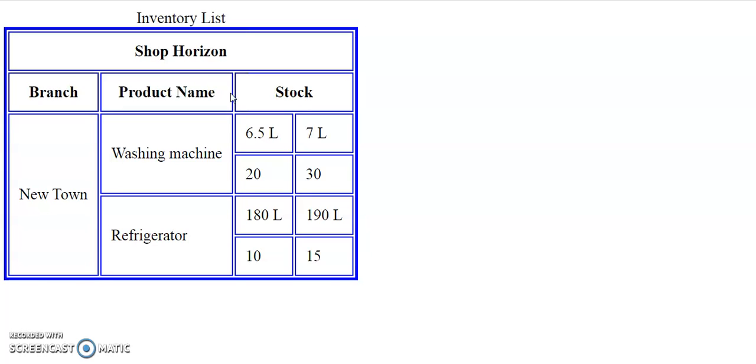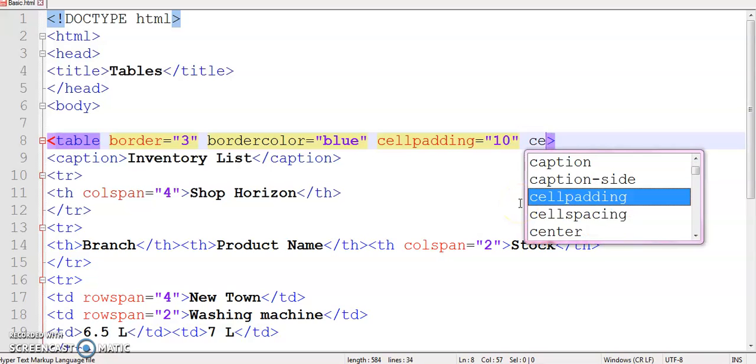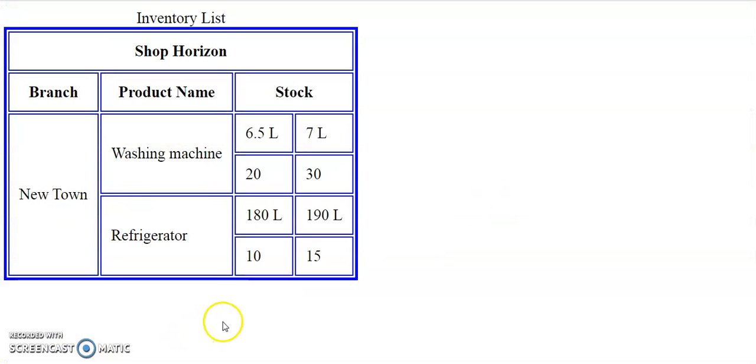For both purposes, you will need the cell spacing attribute of table. So let's apply that. So there is cell spacing. If I increase it, let's say giving a value of 5, because too much space between the cells does not look good.